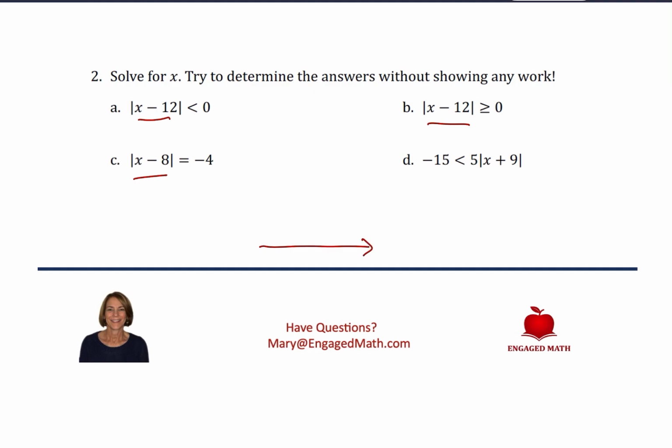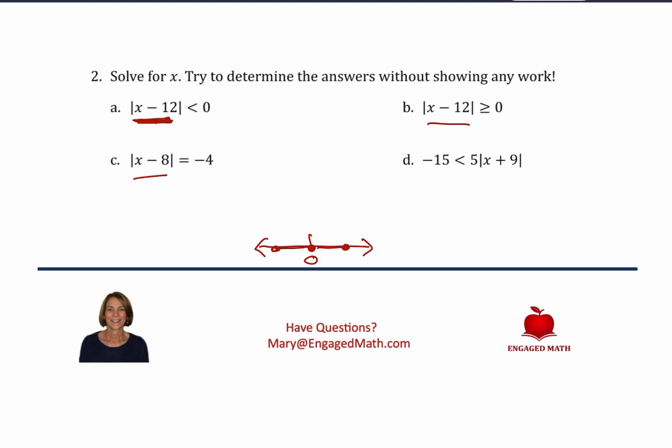And as a reminder, the absolute value of any number or quantity is the distance that that number or quantity is from zero. So it's always going to be positive because any distance, whether it's on this side of the zero or on this side of the zero, the distance to zero is a positive. So for that reason, the absolute value of anything has to be greater than or equal to zero. So if it's right at zero, then it's equal to zero, but it either has to be a distance of